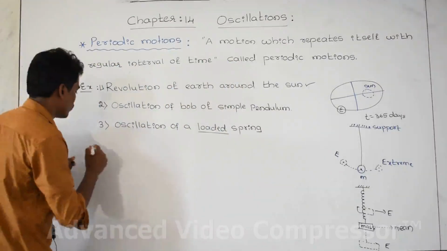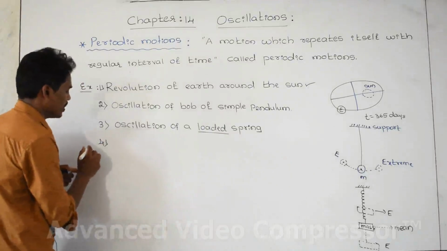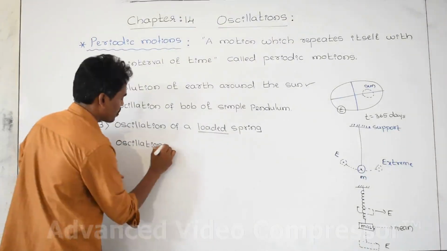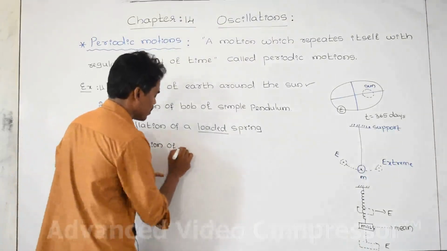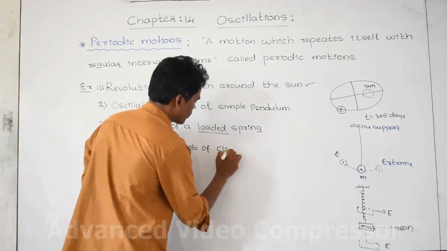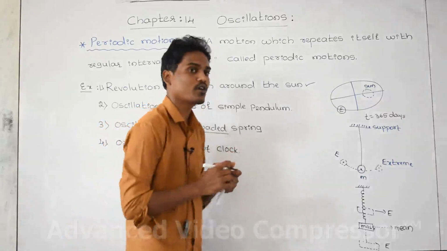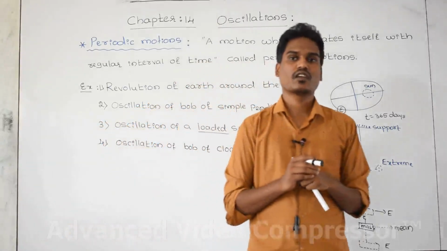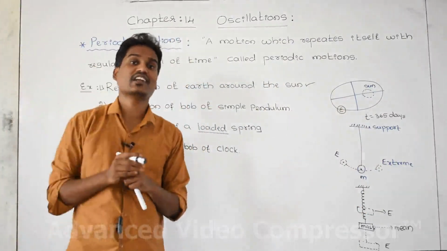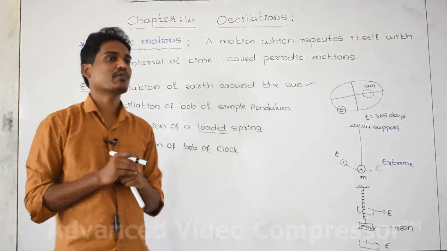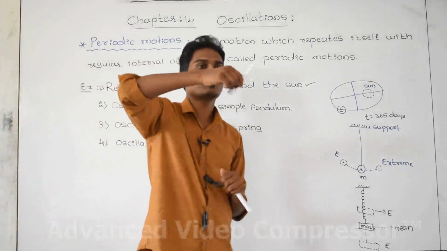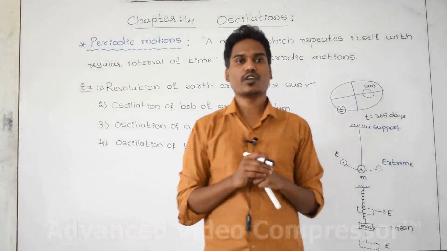And go to the next one, the fourth one, that is oscillation of the bob of a clock. Old clocks you might have studied, that is the atomic clock. Inside that clock there is a pendulum that is moving with a regular interval of time. Inside the clock there is a movement of the pendulum, a movement of the body along